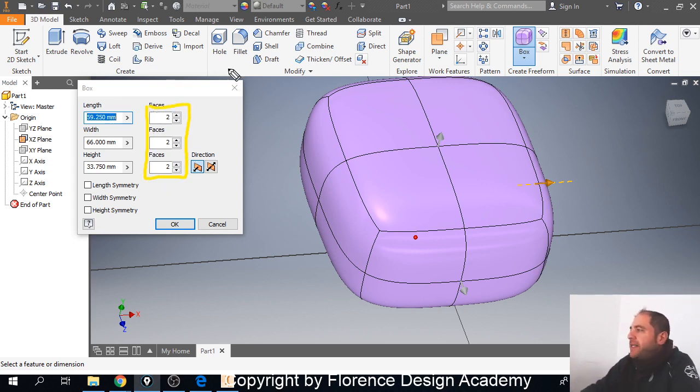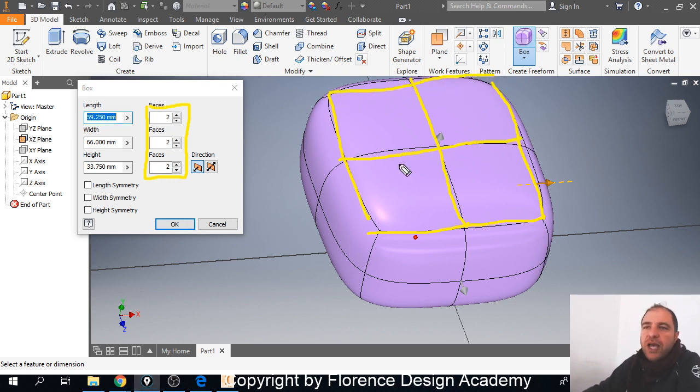Faces are basically the number of subdivisions that you find in all of your 3 directions. So you can see that the length, that is this one, is divided into 2 faces. This would be number 1, this would be number 2. But also the width is divided in 2 faces. So it is divided like this. And in this way, we can also manipulate how many control points we may need in order to adjust our